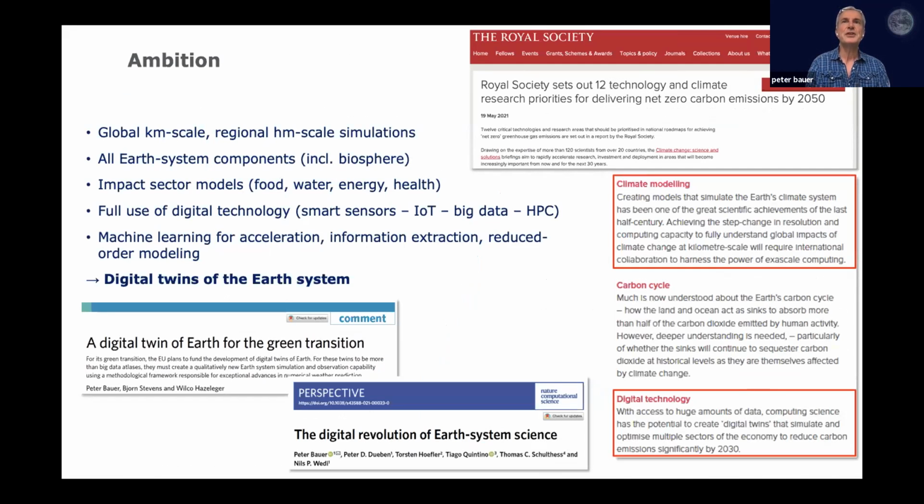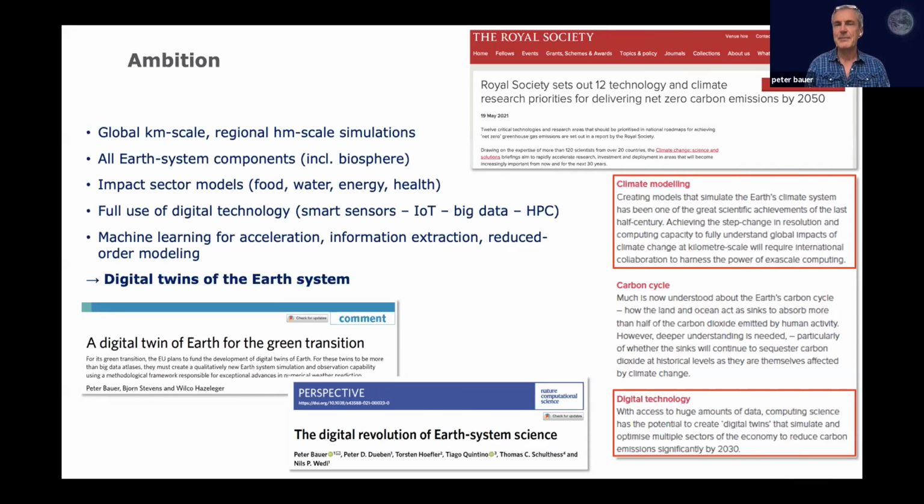So the ambition that we have, which is increasingly recognized in the entire community, is an extension of our Earth system simulation capabilities to very small scales. On the right-hand side, these red items relate to 12 papers that the Royal Society just published earlier this year, leading to the COP26 conference in Glasgow, where you see exactly what I mentioned before. So very high resolution, very small scale representation of Earth systems powered by exascale computing, and the notion